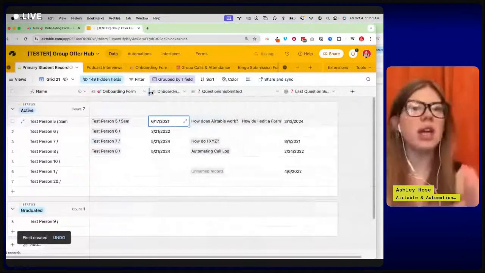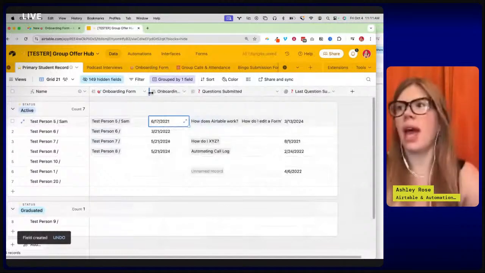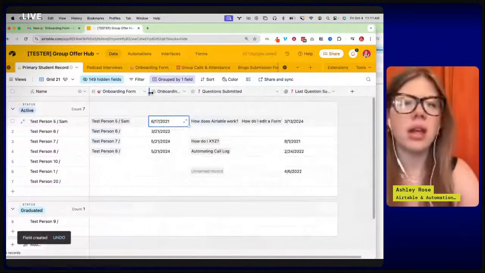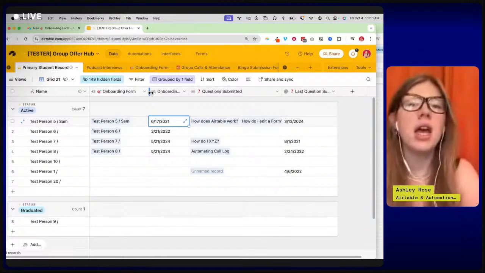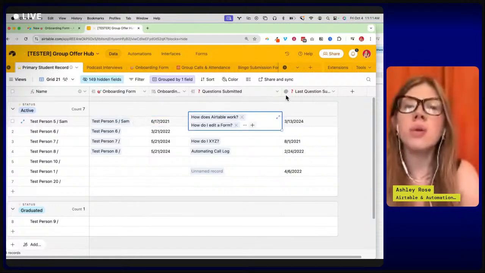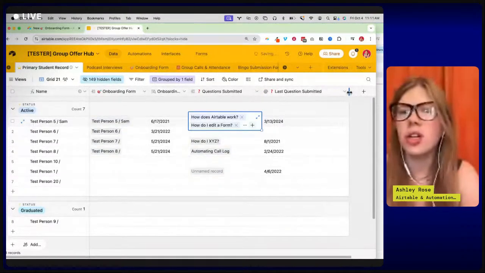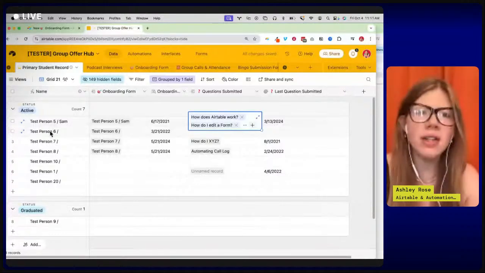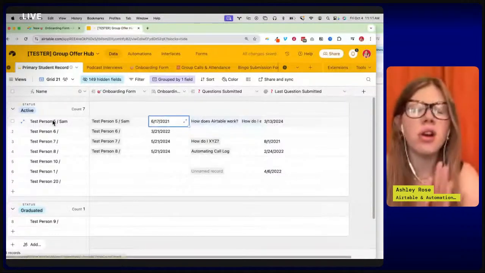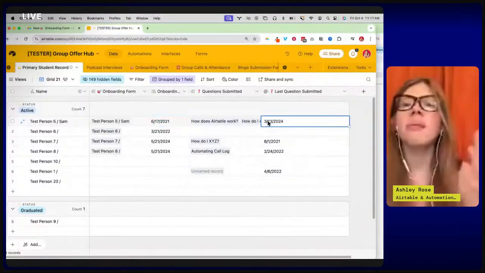Again, we're looking up very specific pieces of data related to the form to give us more context. So we have their onboarding date, and with their Q&A calls, we can see the last time they submitted a question. You could pop open test person 5 and say, okay, they submitted their onboarding form June 17th. The last time they've submitted a form is March 24th.